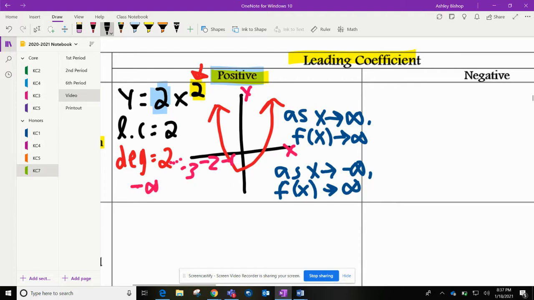So this is saying as x approaches negative infinity, which is all the way down this way, what's happening on this side of my graph? Well, that's just saying what's happening on the left side of my graph. My left side of my graph is also going up towards infinity. So it's going all the way up towards infinity, forever going up towards infinity. Okay, so